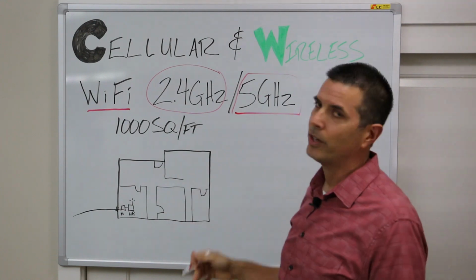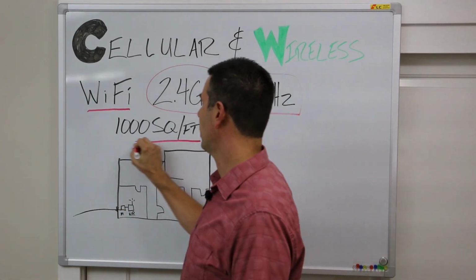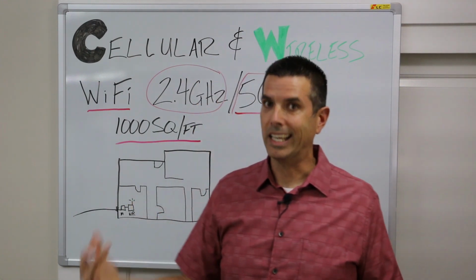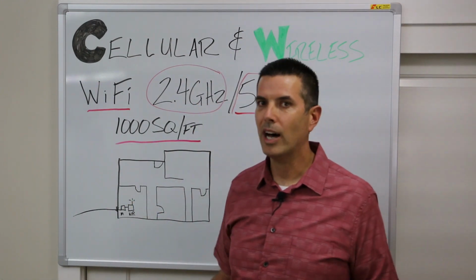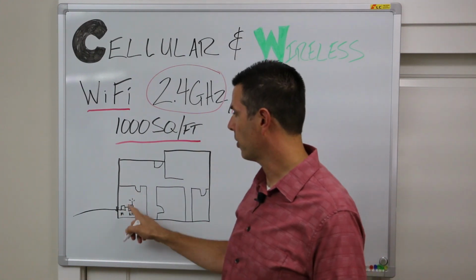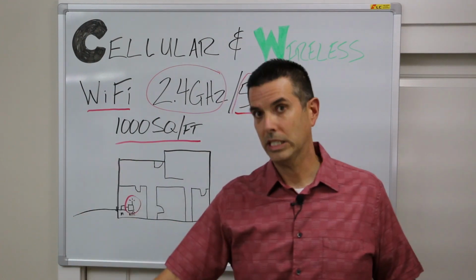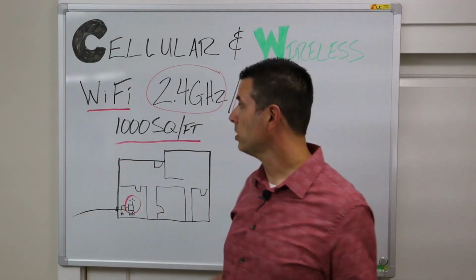Now, your average Wi-Fi router in a house is gonna cover about 1,000 square feet, give or take. Anything above 1,000, you're gonna start to see a reduction in speeds. As you get farther from your Wi-Fi router in your house, notice your speeds are gonna decrease. In most houses,